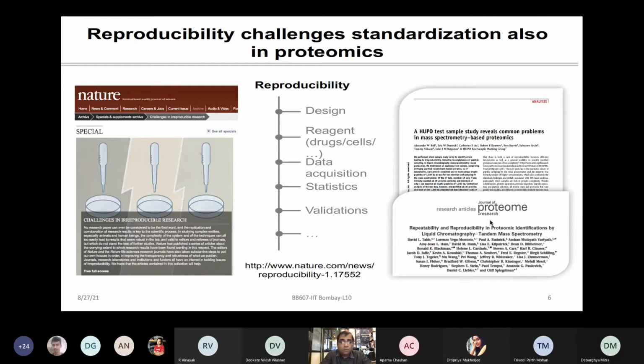Again, if you're intending to work in the research field, and if you also intend to do some proteomics and want to publish, you can't just do some mass spec experiment and publish that easily. You have to follow the guidelines. So many thoughts come into doing the proteome experiment about experimental design, what type of reagent will be best for your experiment, how to acquire the data.